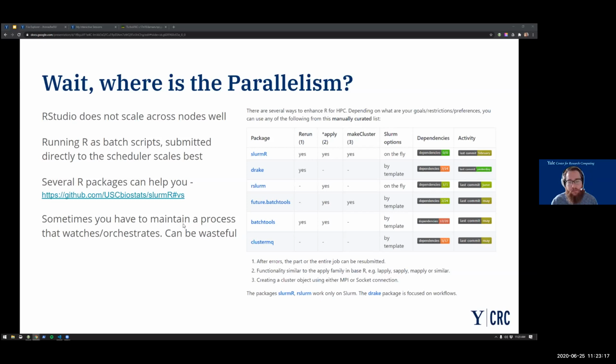And so oftentimes that ends up being like a separate job that has to sit and wait for other jobs to start and finish. So it makes it hard to sometimes anticipate how long your computation needs in order to finish.